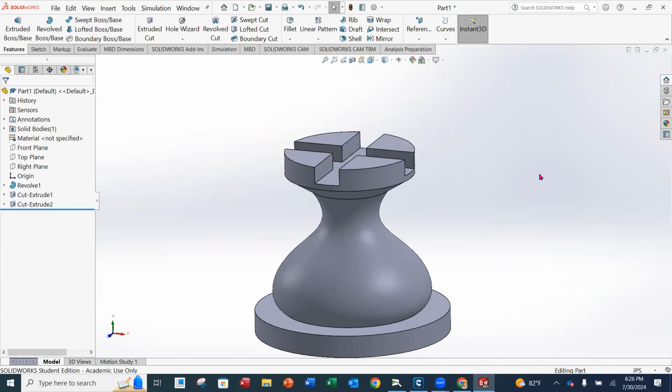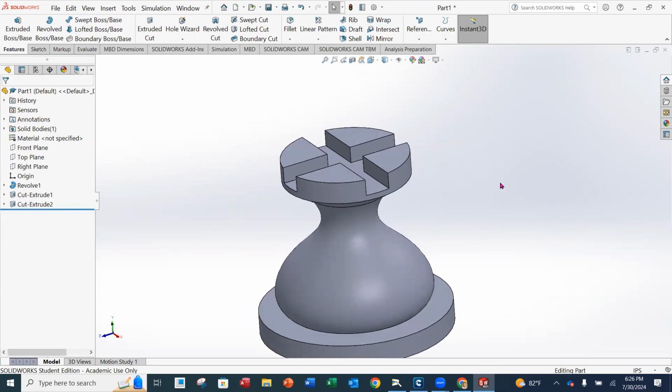That's perfect. And then now you're going to notice that now it looks more like a rook at the top. Okay. So you can kind of customize this as you wish. Okay. Now,